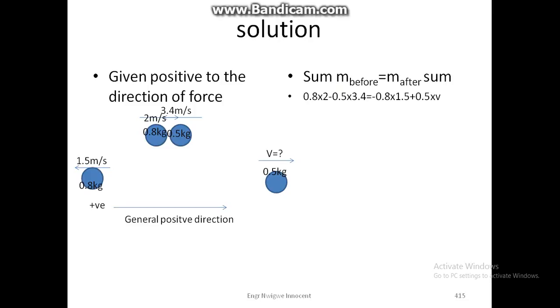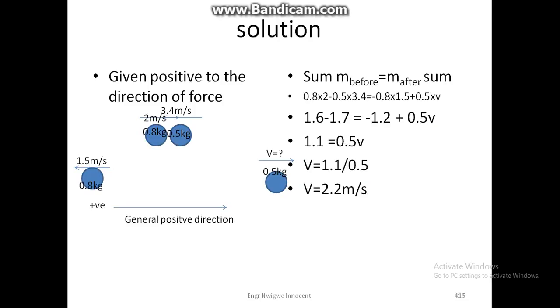If we do our multiplication, we have 1.6 minus 1.7 is equal to minus 1.2 plus 0.5 v. Collecting like terms together, and doing our multiplication and addition, we have 1.1 is equal to 0.5 v. Then making v, that is the speed of the body, the subject of the formula, you have 1.1 over 0.5, which gives us the velocity to be 2.2 meters per second. To get the